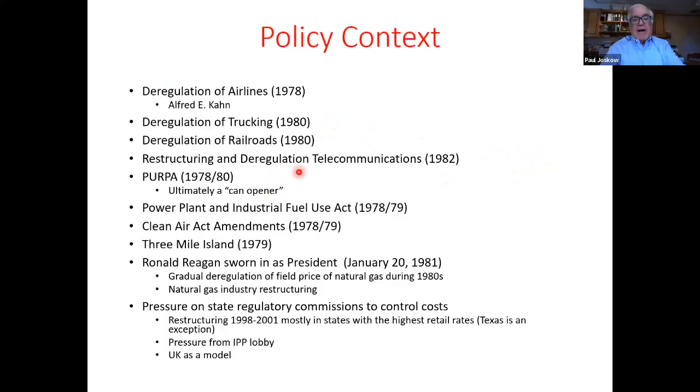Let me turn now to the policy context, and here I will mention Fred Kahn. This is the period in which there was massive deregulation of many industries in the US, starting in the Carter administration in the late 1970s. The first major move was the deregulation of airlines. And Fred Kahn, as Carl indicated, was my undergraduate advisor at Cornell. He was the dean of